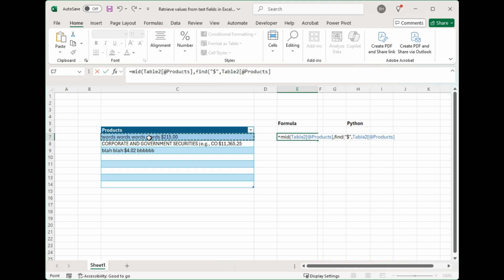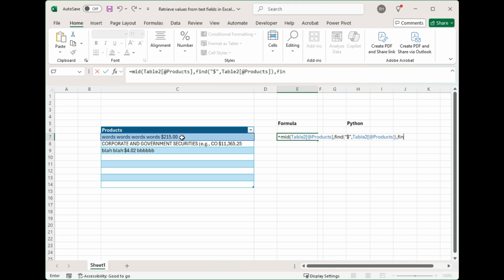And now, because people quite often put things after the value, like USD, or they put in approximately or something like that, I'm going to try to find the first space that's after these numbers. And so I'm going to put a bracket to end this, and I'm going to put a comma,